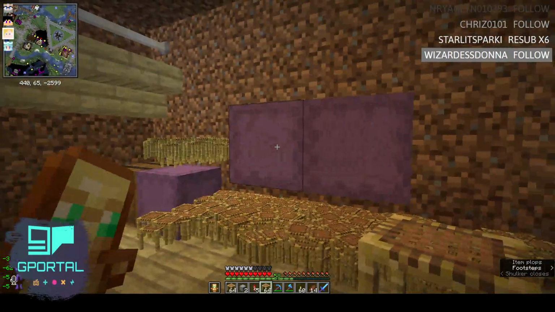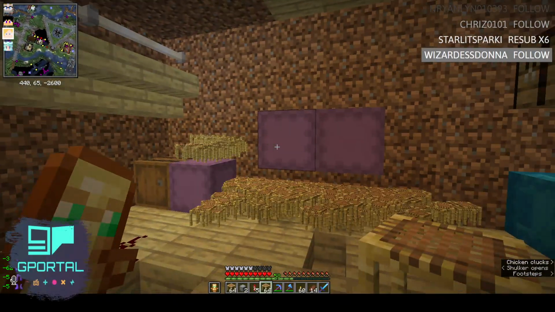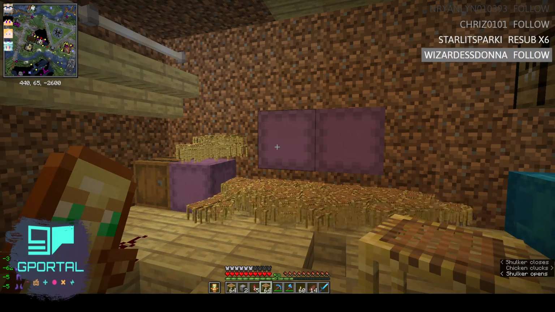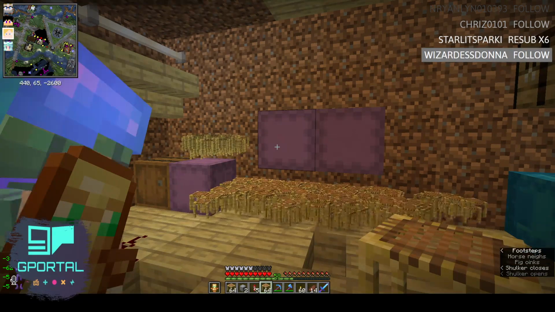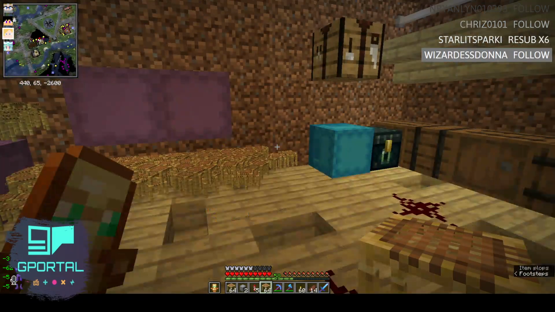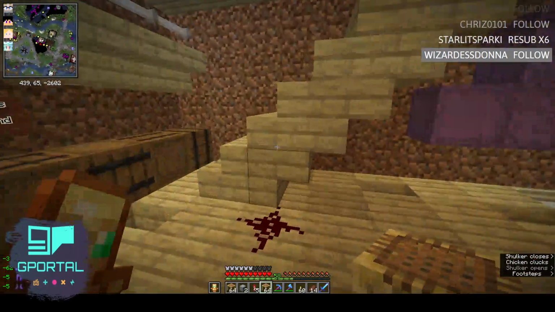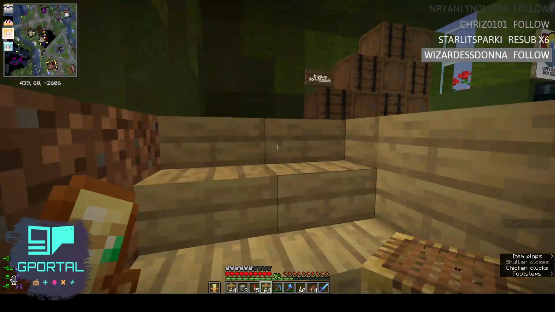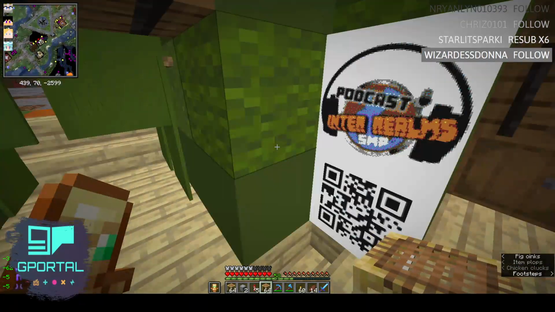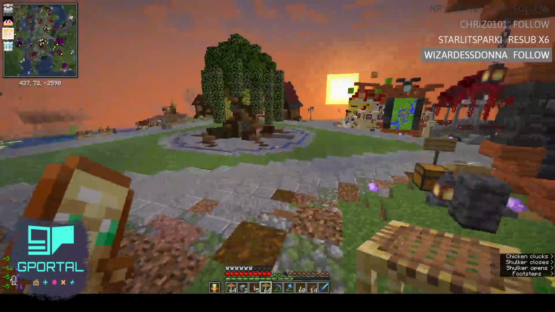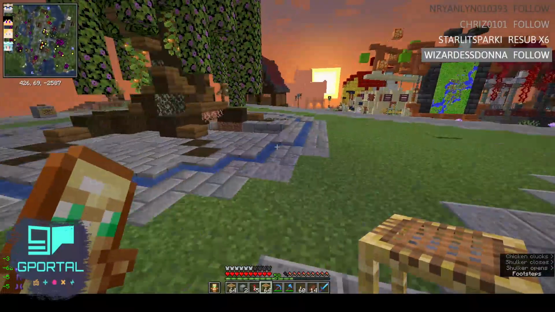Because I only brought 7, and it should have been 6 double chests, 12. So I need 5 more shulkers. And I didn't bring any more shells with me. So I'll be right back.